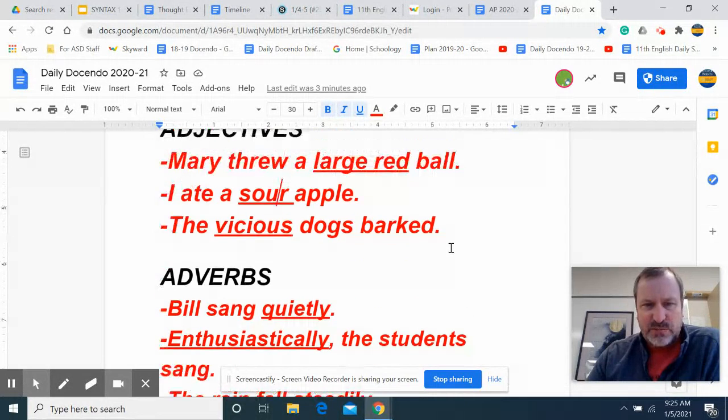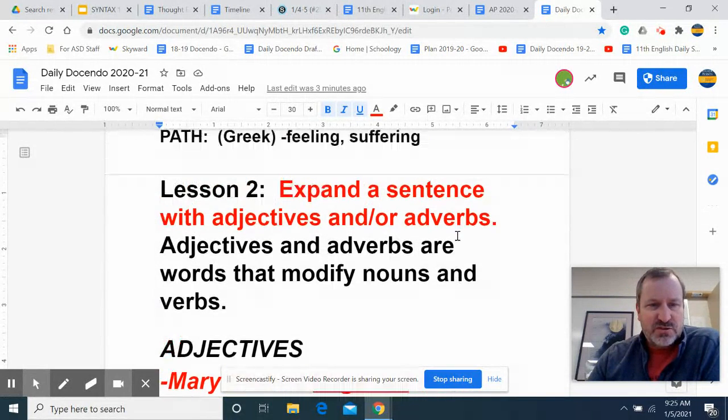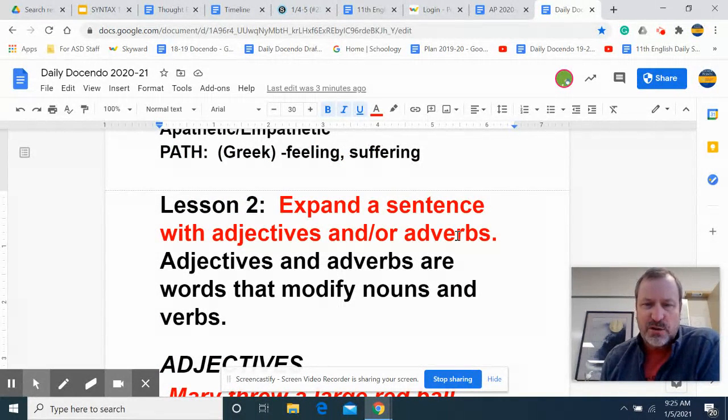So again, we're using building blocks of basic parts of speech to build sentences. So lesson 2, just make sure you understand how to identify those parts of speech and see how they're used to build sentences. Again, if you ever have any questions about any of these topics, feel free to bring them up during class so we can clarify.